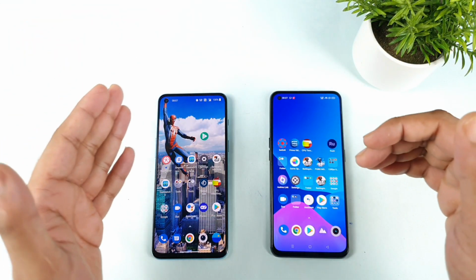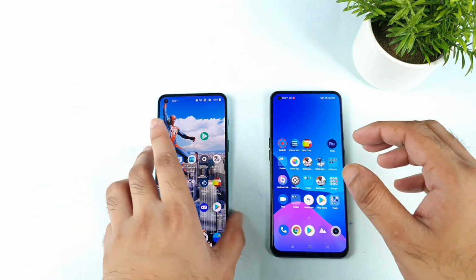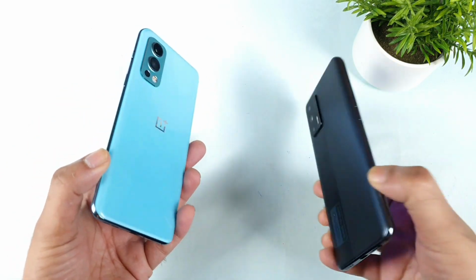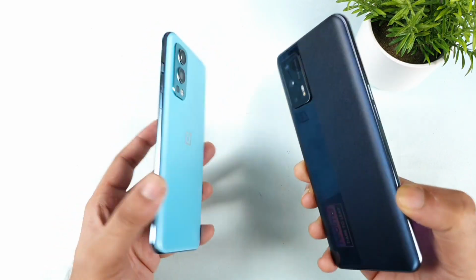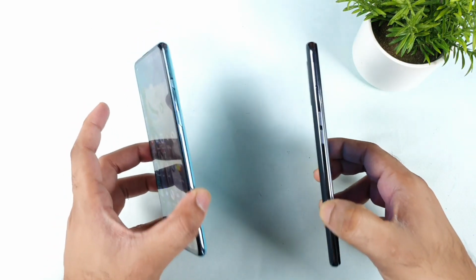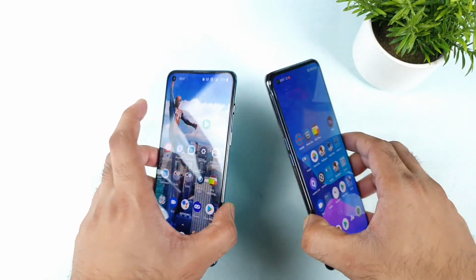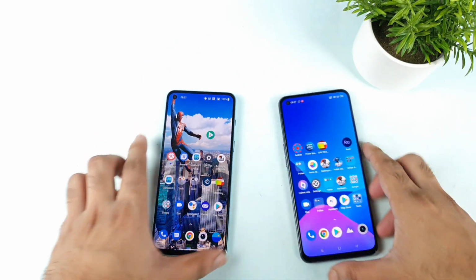In today's video, I'm going to compare the RAM availability between the OnePlus Nord 2 and the Realme X1 Max. This is a question which has been requested by plenty of subscribers asking me to make a video: how much RAM will be available if you're not trying to use any other applications in the background? So this is what this video is about, friends.